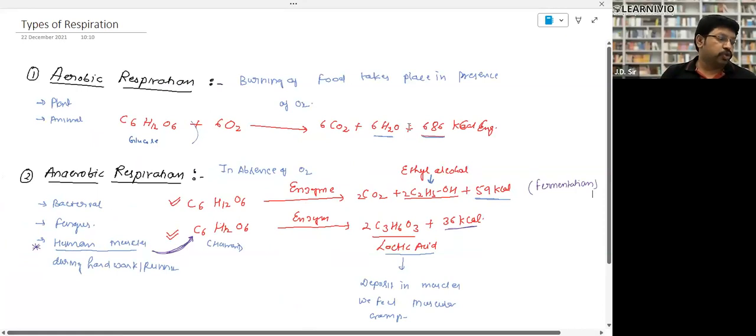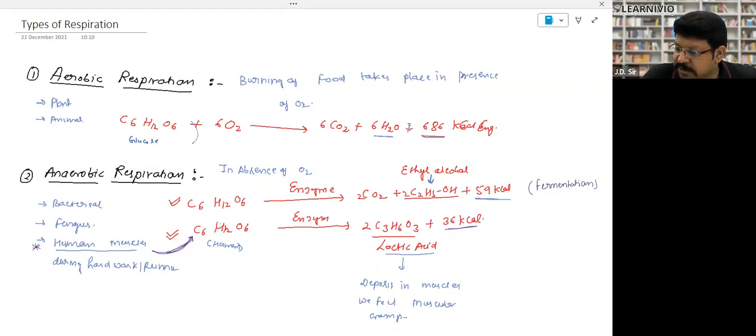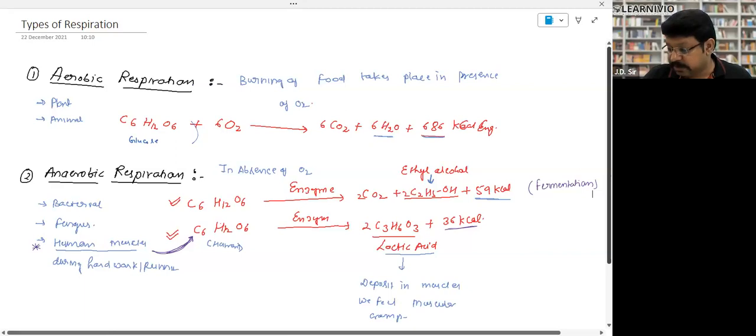Right? So this was all about the respiratory substrate. What are the respiratory substrate? The same thing is given in your first and second page of the NCERT, right? Now come to how the respiration takes place. What are the types of respiration? Here, directly given the glycolysis in your NCERT, they have directly jumped into the glycolysis, and that is not a good sequence. And in the last, they have mentioned what is the anaerobic respiration and fermentation. So let me make you clear, and you have to study in this sequence.